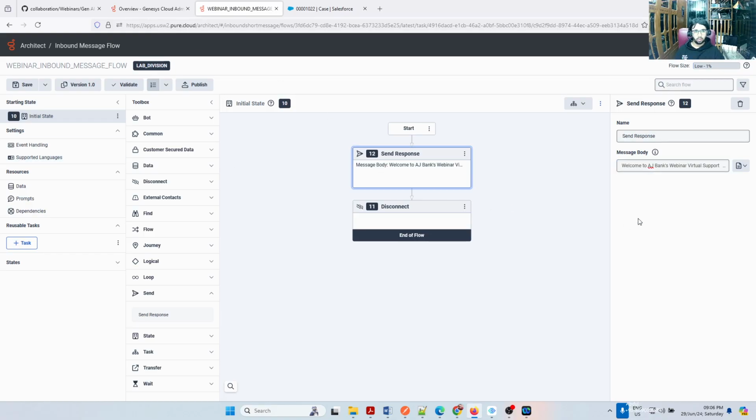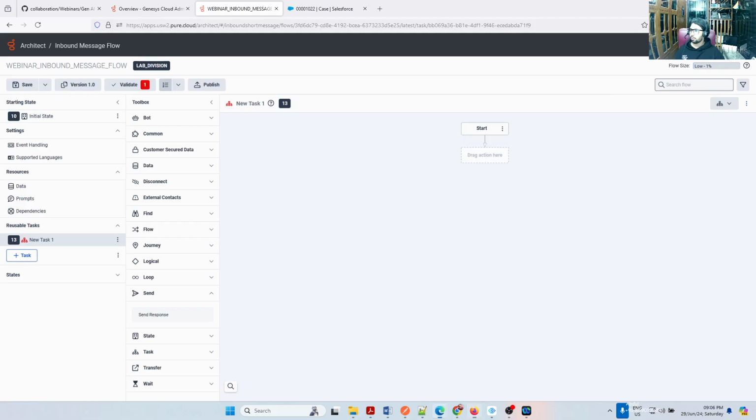And then I'm creating a new reusable task here in the task list. I'll tell you the reason I'm creating the task, but I need to create a task here. Then I need to transfer to that task. So I'm going to put the task name as transfer to digital bot flow. I'm not transferring anything here at this point, but I'll be doing it. I just created transfer to digital bot flow.